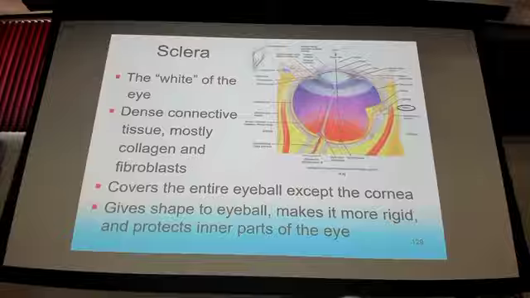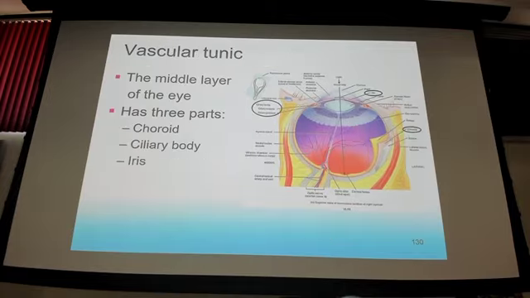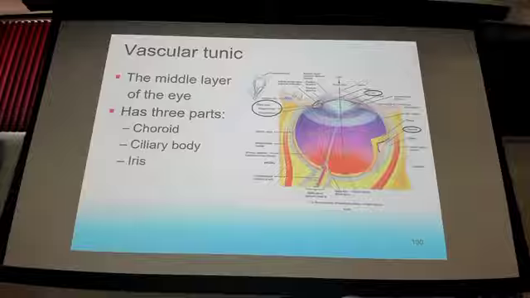So you have cornea and sclera. There's your fibrous tunic. And then you have a vascular tunic where, guess what, there are vessels in it. It's actually called the choroid. You have the choroid, the ciliary body, and the iris, all part of the vascular tunic. This layer that we see here is our choroid layer, but that's going to include the ciliary body up here that we'll discuss even more. And then the iris is here, because that's your pupil. That's how the light gets in